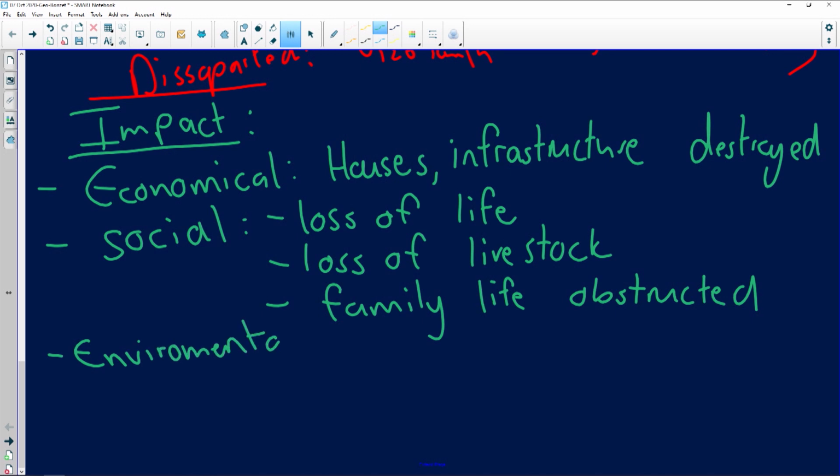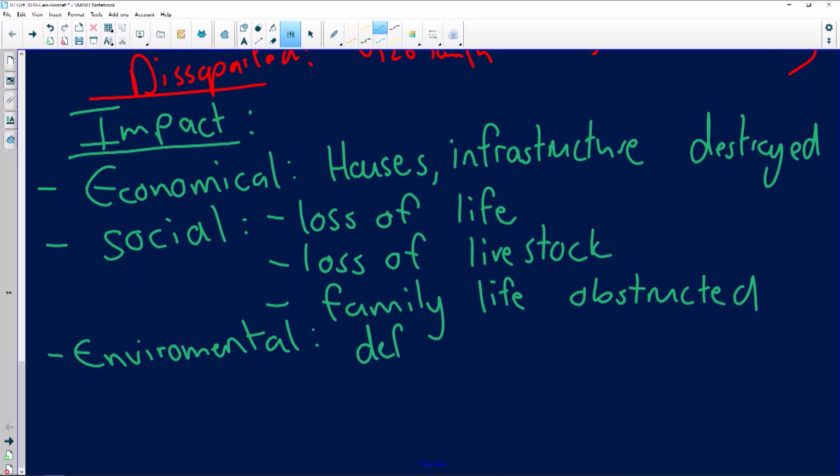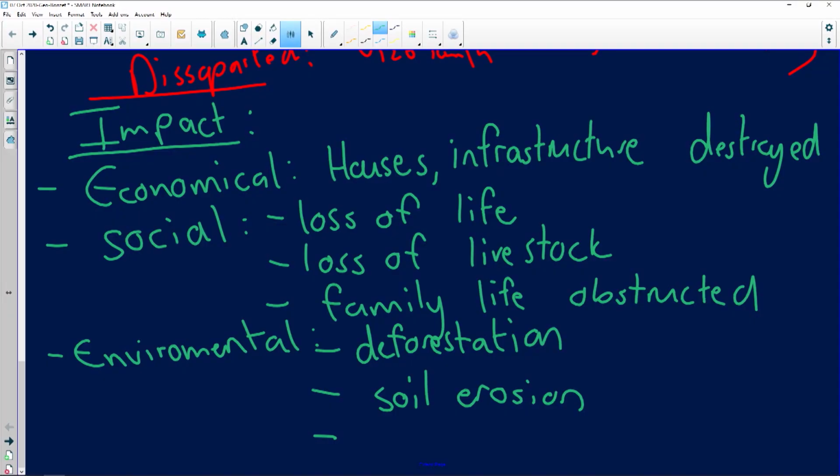And lastly, we can also mention environmental. Now you can imagine, like I've explained to you a little bit earlier, the amount of rainfall that's being experienced over a very short period of time. We're definitely going to experience flooding. With the flooding, what happens? Deforestation. But besides the deforestation, what's going to happen? Soil erosion. Soil is going to be washed away. It can lead to dams silting up. What's silting up? It means when we have more soil in our dams than physical water. What else can we mention? Pollution.